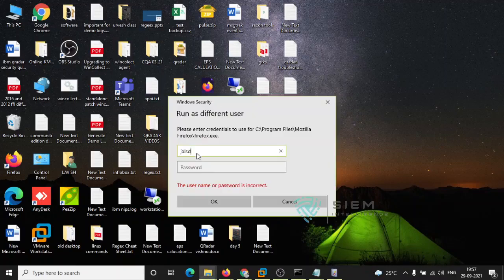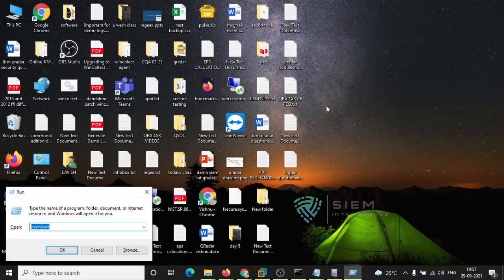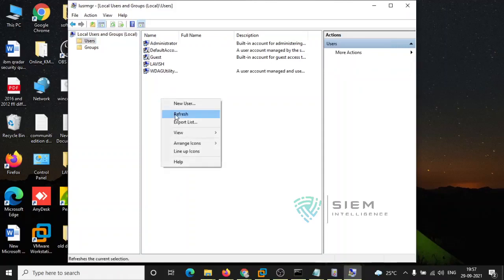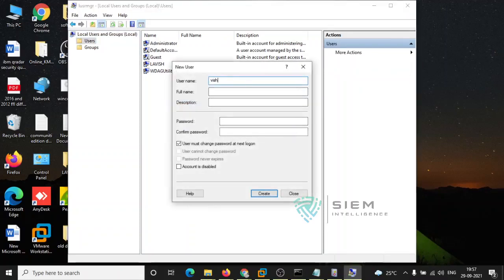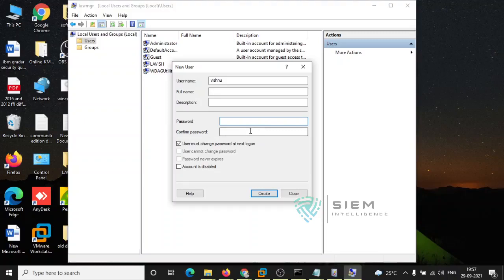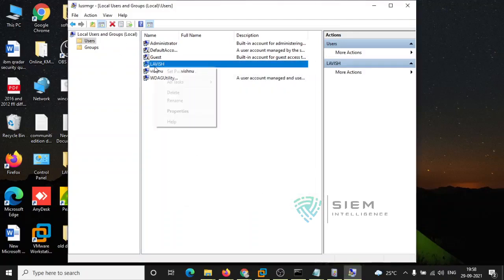So I have done so many login failures, followed by creating some local user, so that it will show the users. I'll create some user, something like Vishnu. Okay, I'll give some password. Okay, I'll do one thing, I'll disable it.